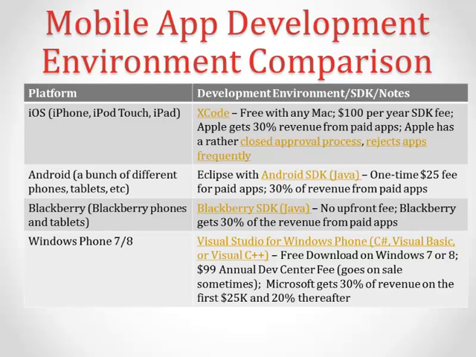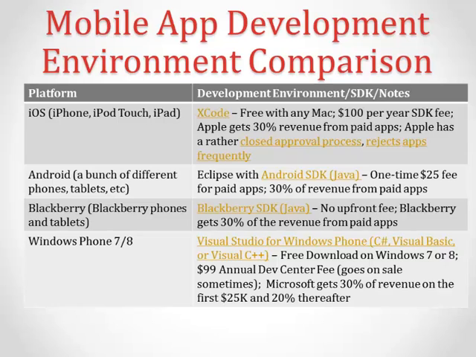Okay, so Apple basically set the stage and set that percentage price, and everybody else is following except Microsoft with its Windows Phone offering. And you're going to use Visual Studio for Windows Phone, and that gives you a choice of C Sharp or Visual Basic or Visual C++. There's a $99 annual development center fee, and right now it's on sale for I think $25, but that's only for a limited time. Microsoft gets 30% of the revenue on your paid apps for the first $25,000 in sales,